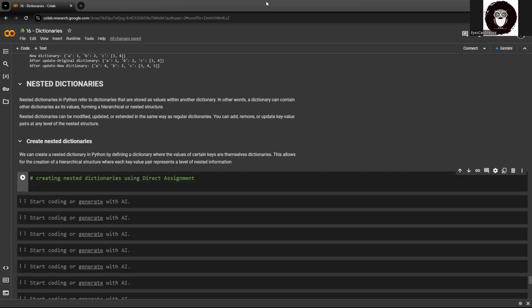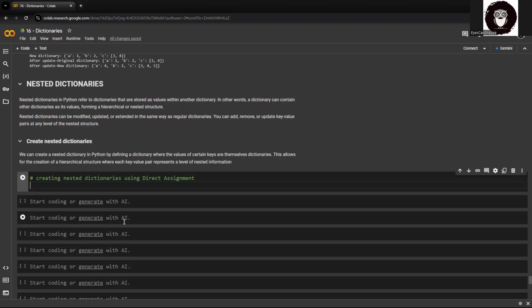So I can assign a value within a dictionary itself. Let's see how this could be done. Let me create a nested dictionary. I can say nested dict is equal to